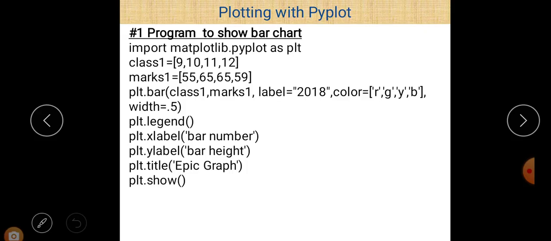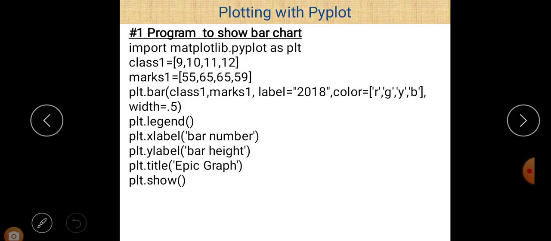Now let us talk about this program, which basically draws a chart here. So first of all, import matplotlib.pyplot as plt. Matplotlib is the name of the library, pyplot is the interface here. PLT basically gives an alternative name to matplotlib.pyplot. So whenever you want to use matplotlib.pyplot, just write plt in place of matplotlib.pyplot. After that put the dot operator and then the name of the function.